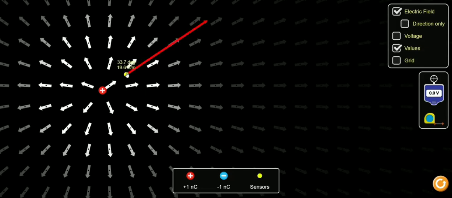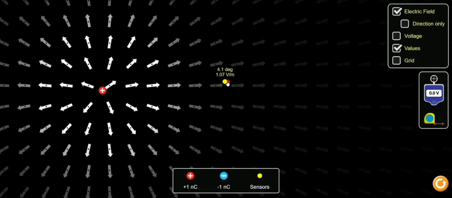Right here you see the field is 24.2 volt per meter, so it is closer. Now you see when I increase the distance from the charge, or when I observe the field point away from the charge, the field is gradually reducing: 13, 12, 10, 9, 7. When distance increases, the electric field is getting reduced. See 4, 3, 2, 1.9, 1.5. So it is gradually decreasing at a 1 by r squared rate.